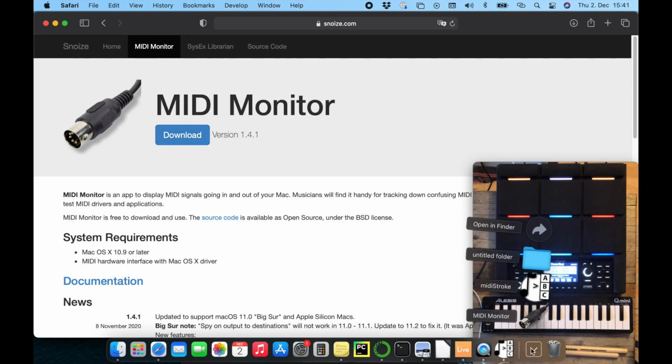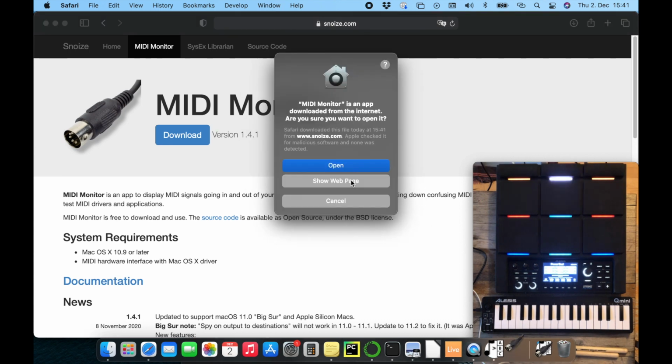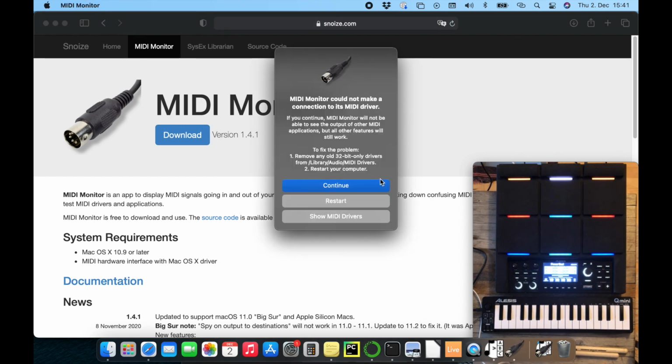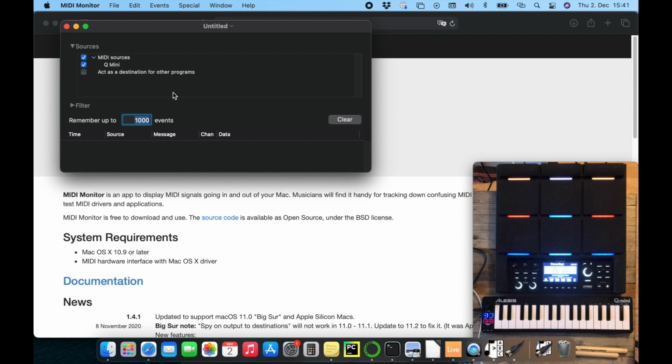What MIDIMonitor does is that it tells you what MIDI note is being played from your MIDI instrument. I'm going to connect now this guy, the LS Q Mini, and I'll wait for a minute until it recognizes the Q Mini. It's recognized here, so when I play all these notes,